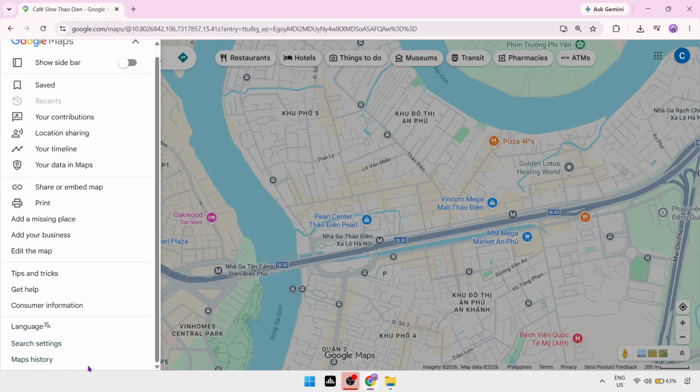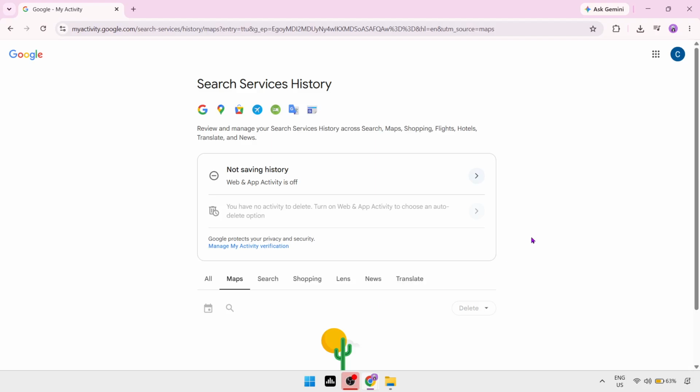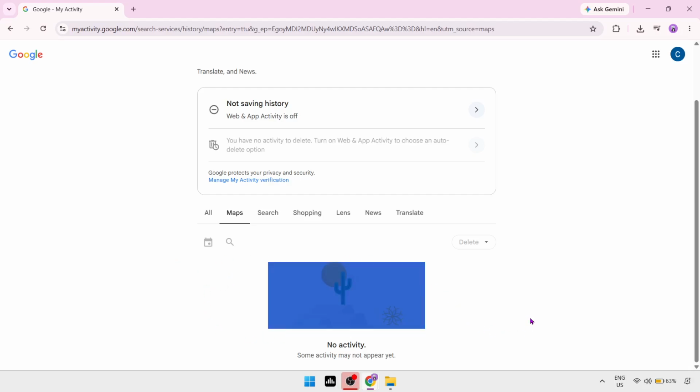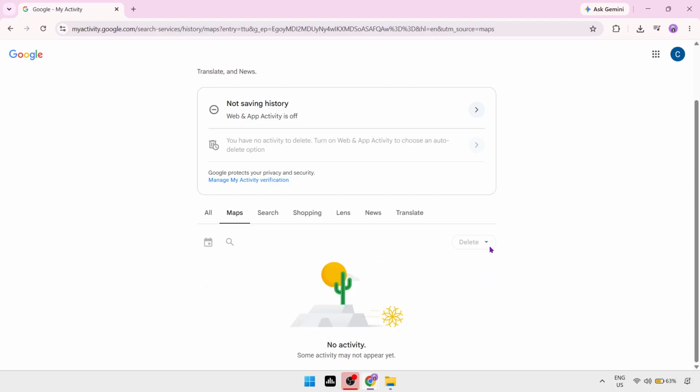From the menu, select Maps Activity. This will open a page showing your Google Maps searches and activity history. To remove specific searches, find the activity you want to delete and click the X or Delete option next to it. If you'd like to clear all of your Google Maps history, click Delete and choose All Time, then confirm